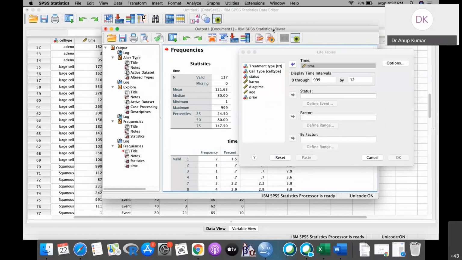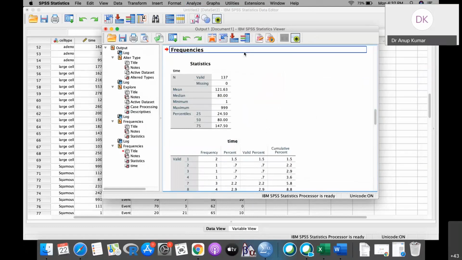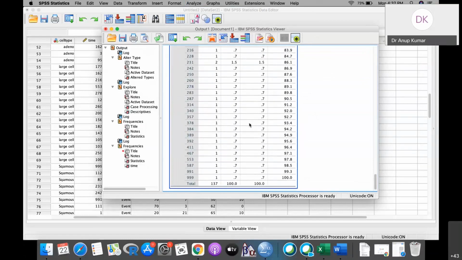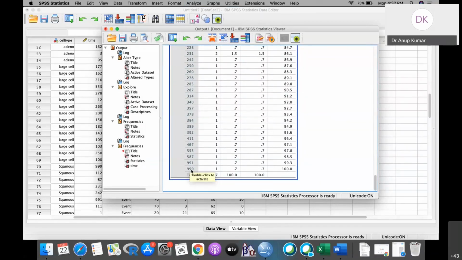So in the frequency distribution, what I can see is that after 587, after 467, there are, you can see, 1, 1, 1, 1, 1 the number of this, and there is one patient who is 991, 999, 587, 553, 467, 411.